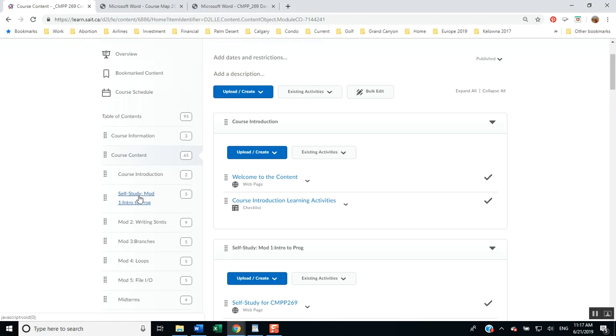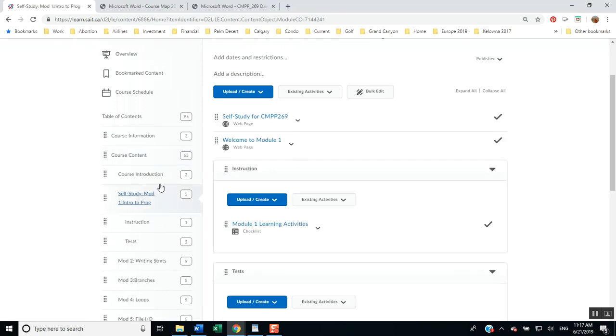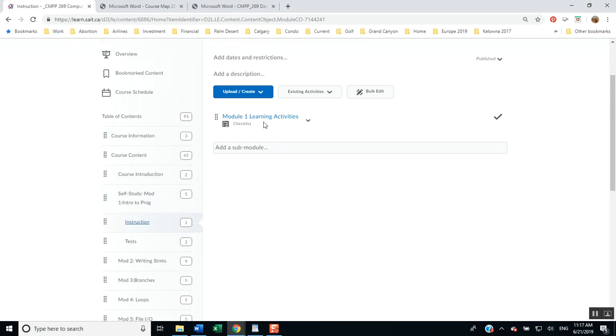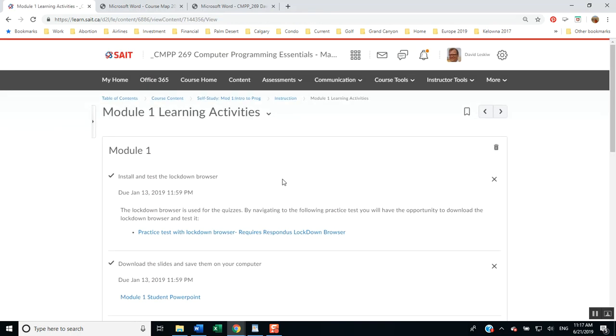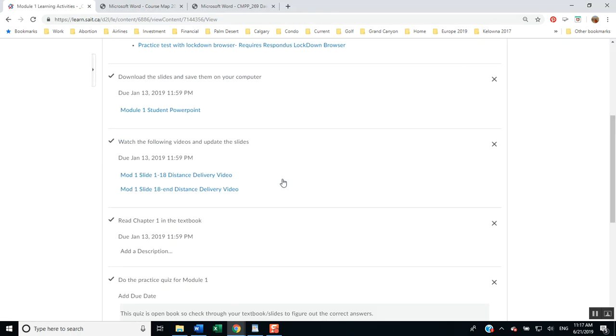And then module 1 is a module that they just do on their own. You do not have to teach this in class. There's basically a video of me going through the slides of chapter number 1. So they should go and do that on their own. You can assign this as homework. And then when they get it done, there is a test. You schedule the test and have them do the test.